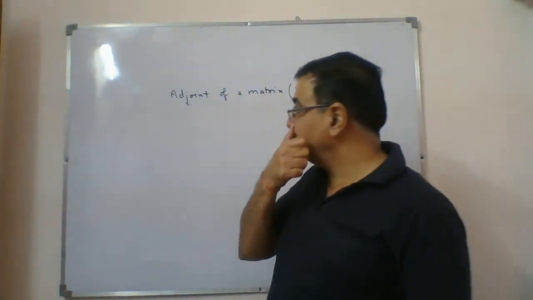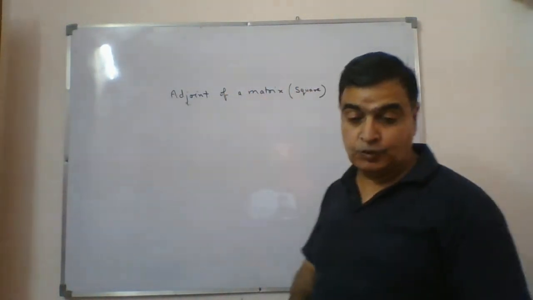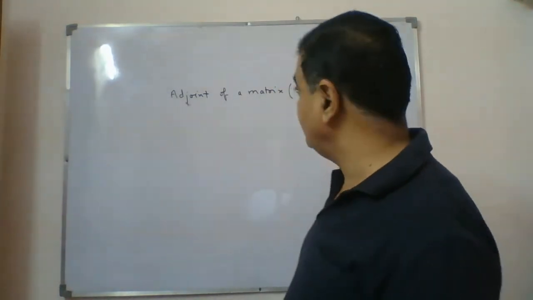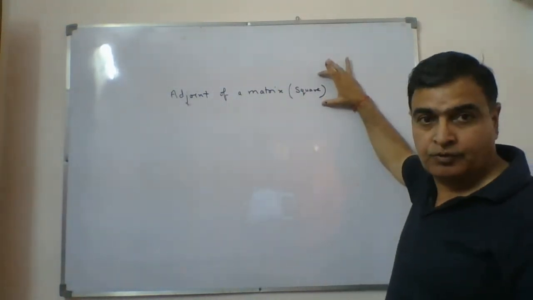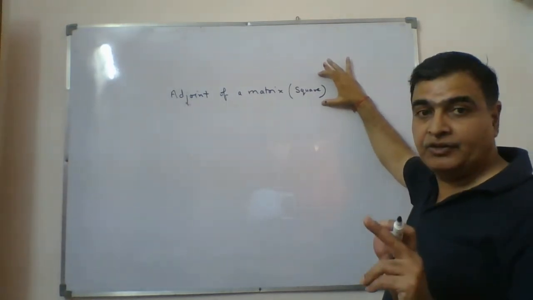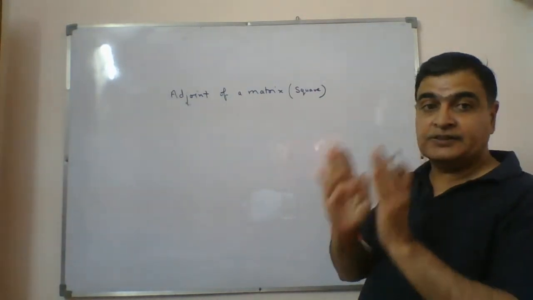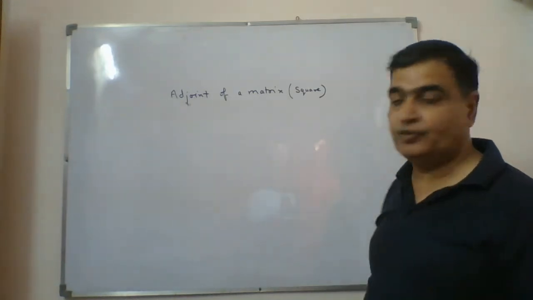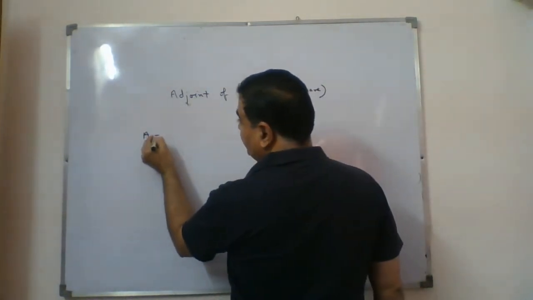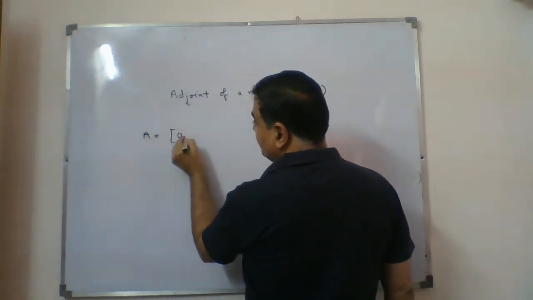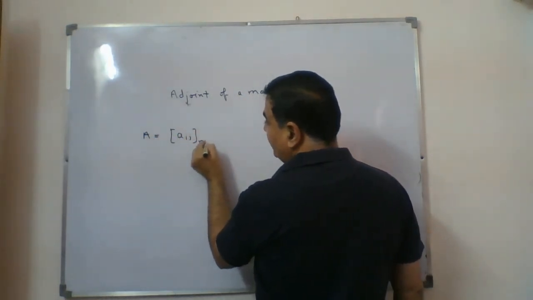Okay, now we'll continue with the minor and cofactor. In that, now we are going to calculate the adjoint of a matrix. The matrix should be square. Already I told you. Any matrix which is a square, we can calculate the adjoint of it. Now, what is that adjoint? You should remember. If you have a square matrix A equal to Aij of order n into n,